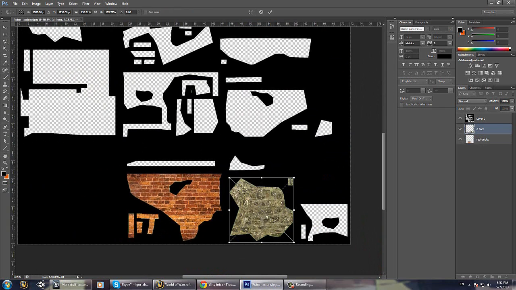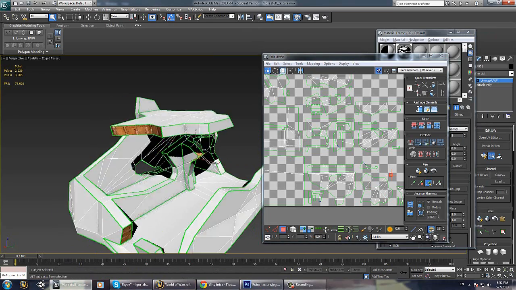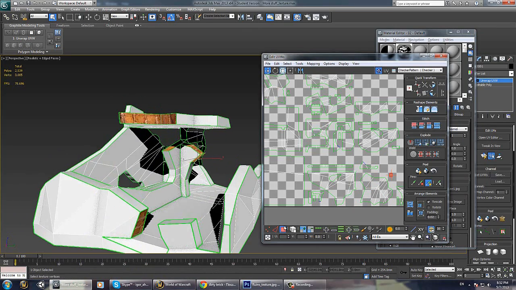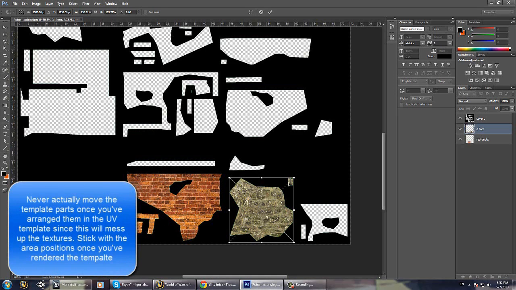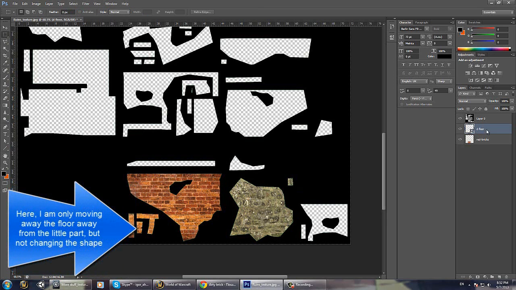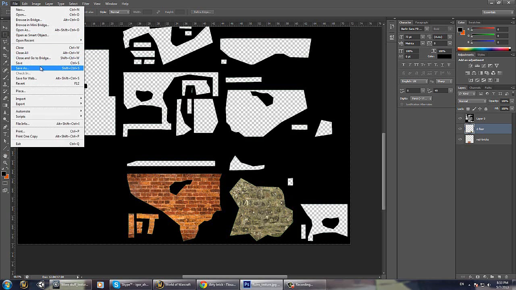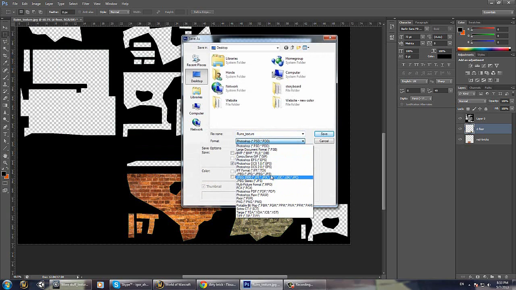and let's see what this little part is. It is over there, so it shouldn't be necessary here, so we're going to move it away. But first we have to confirm that we want to place this raw object over there. Press enter and right click on the layer, rasterize it. Now press M to go into the Marquee Tool and select this region that we don't want with this layer selected, and press delete. Now press Ctrl D to deselect everything, File, Save As, and save it as a JPEG